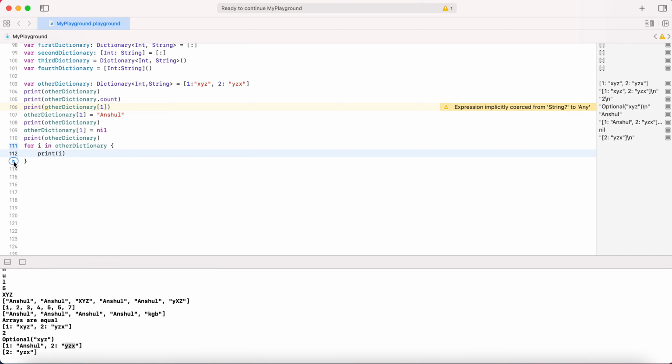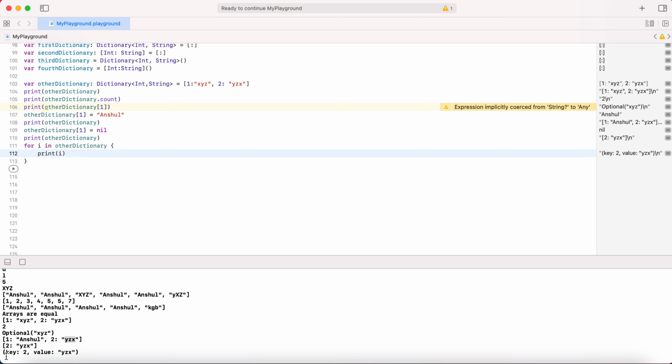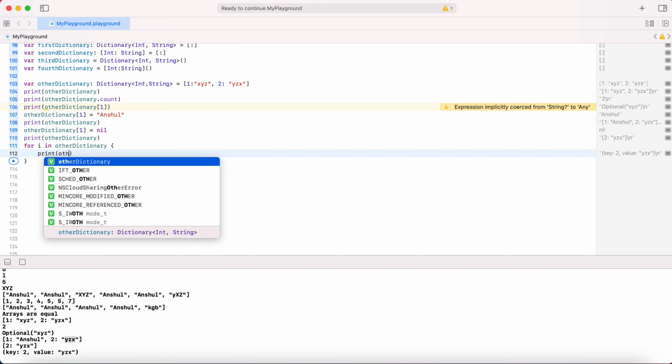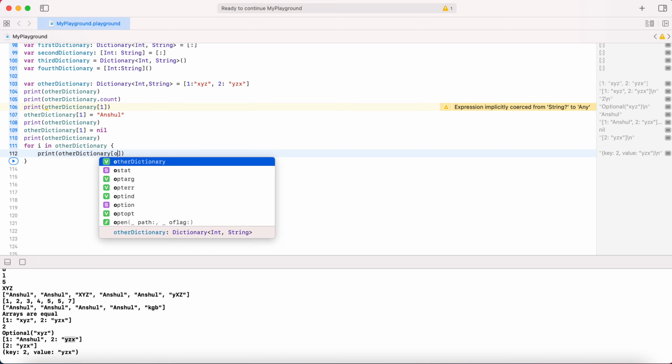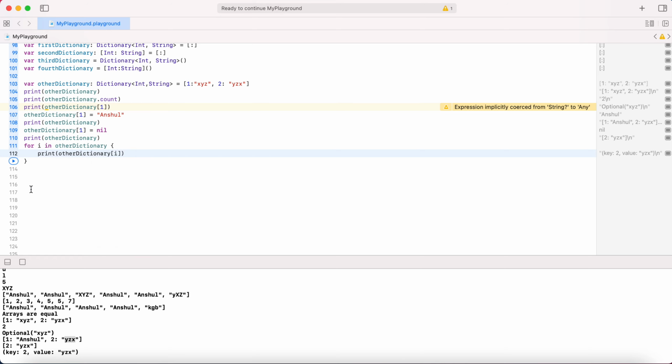This will print the key and value. If you want to access, wait a minute, other dictionary, this way we can access.